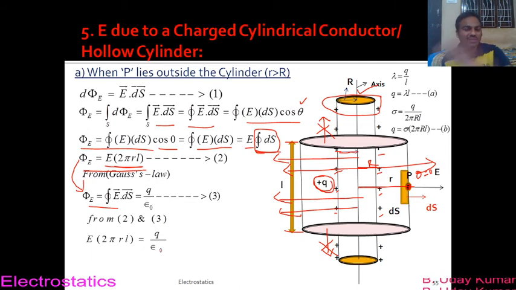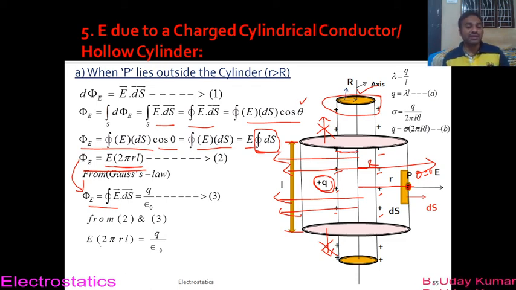Remember this slide, whatever we are dealing with now is almost the same as the last topic that we have done. Even for a line charge of infinite length, the derivation was almost the same, not almost, maximum same. But of course the only difference between the previous topic and this topic is that in case of line charge we used to have only one case, but here in case of a charged cylindrical conductor we can find the electric field intensity at a point P outside, on and inside. That is the only difference between these two topics that we are going to deal with today.